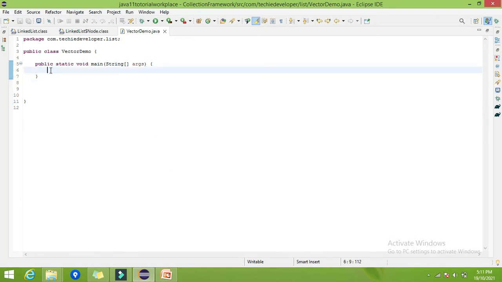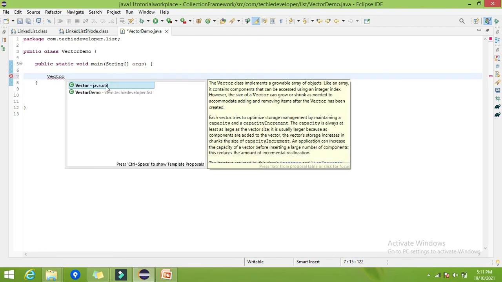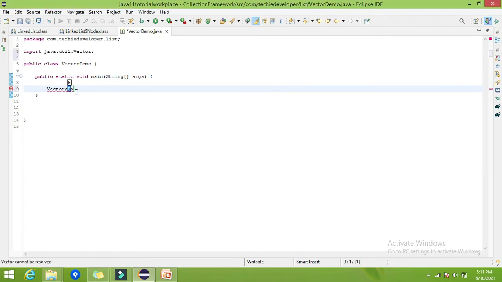So I have created one class and given the name as VectorDemo.java. Now at the very first I will create one vector. To create one vector list, Vector, which is from the java.util package, let's give the generics as Integer, and give the name as default vector, because we are going to create it by using a default constructor.